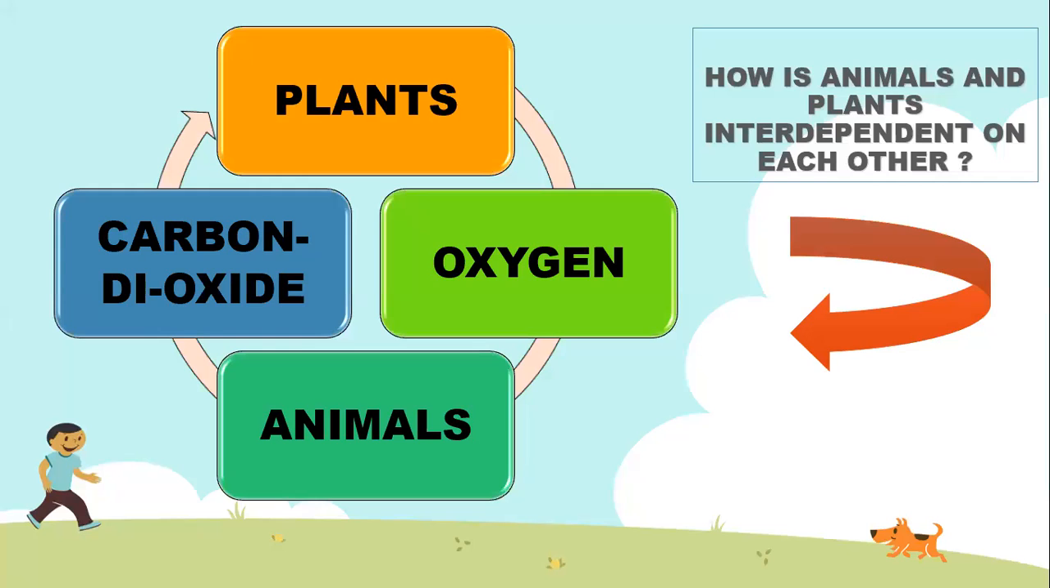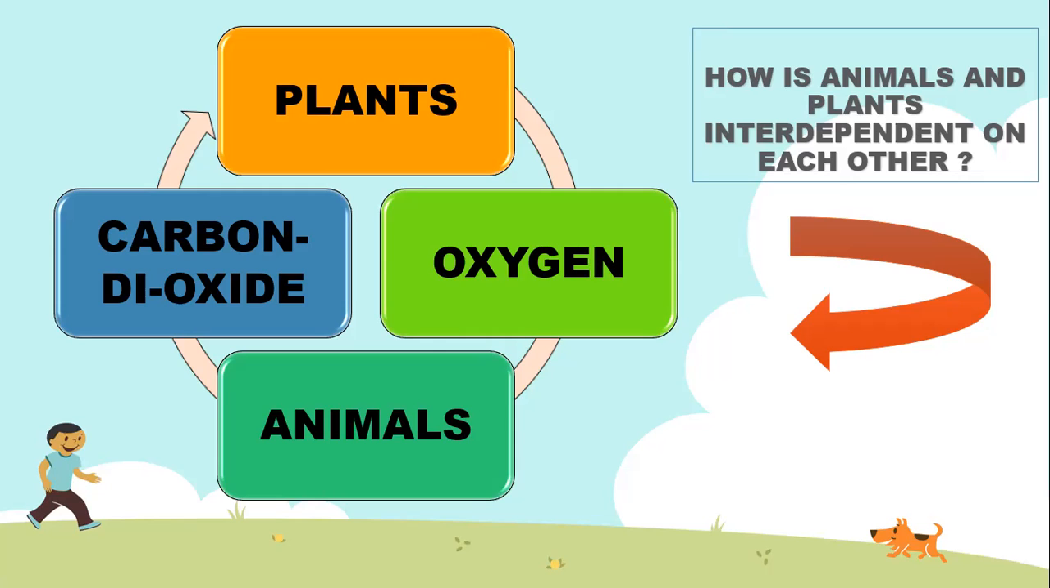Now let's have the most important question which we should know: how are animals and plants interdependent on each other? Interdependent means how they depend on each other, how they help each other. This is the question. It is a very common question and you must have read it in your previous classes,